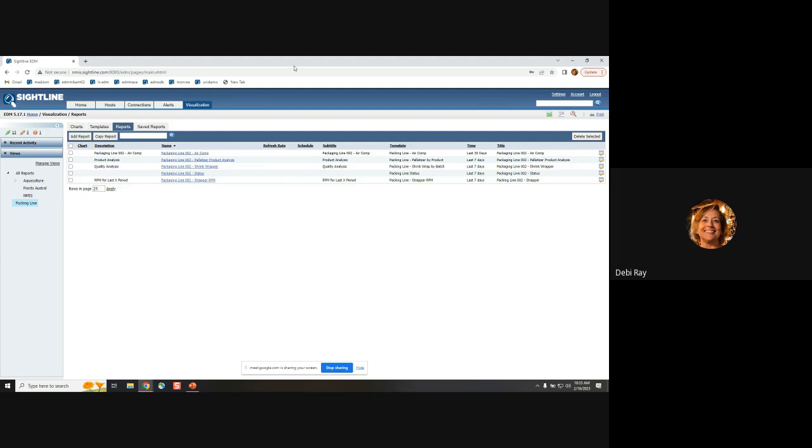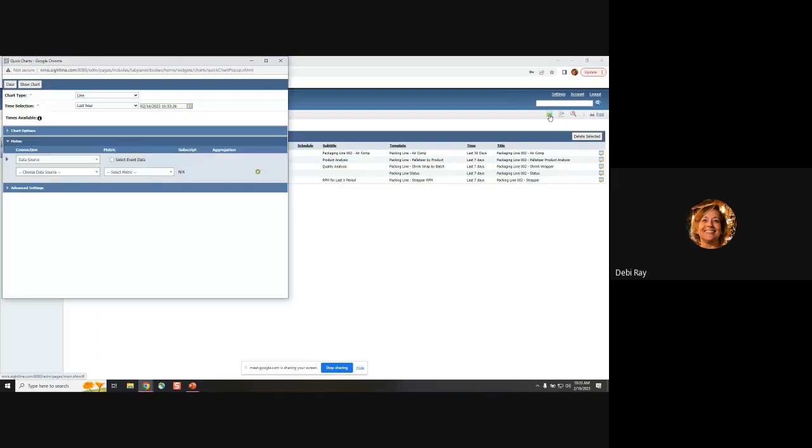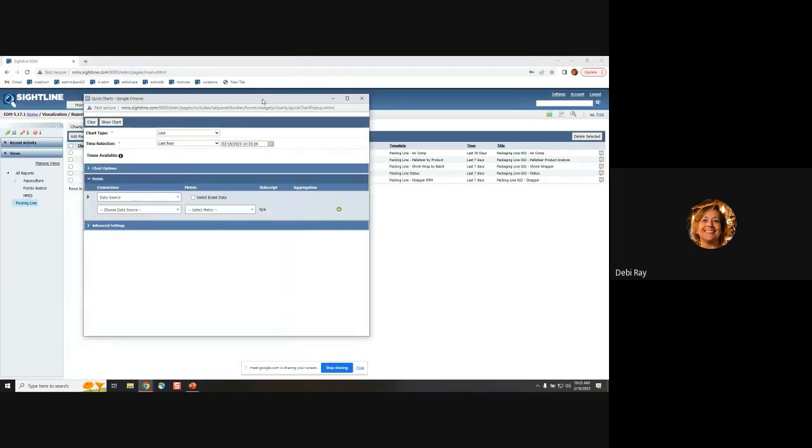So let's start with quick charts. In the top right corner of EDM, we have these icons, and we'll take a look at all of them. But the green one is an area chart, and this is the quick charts access mechanism. So when you click the quick chart icon,